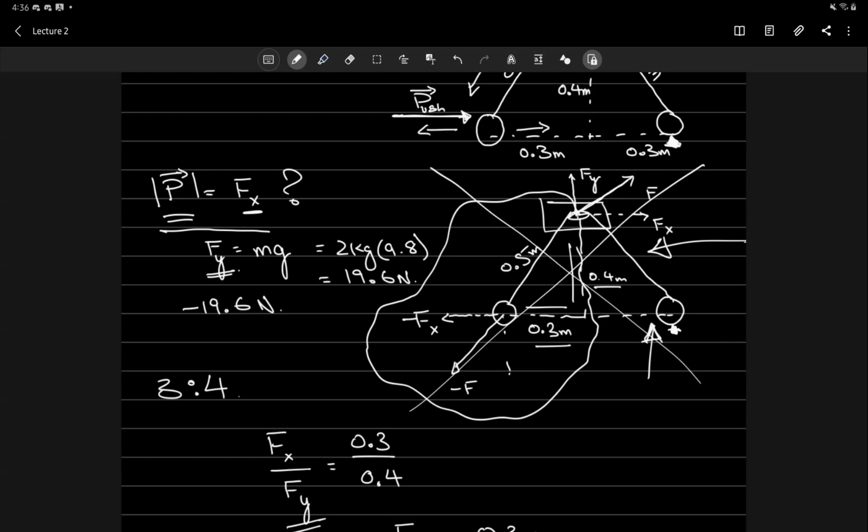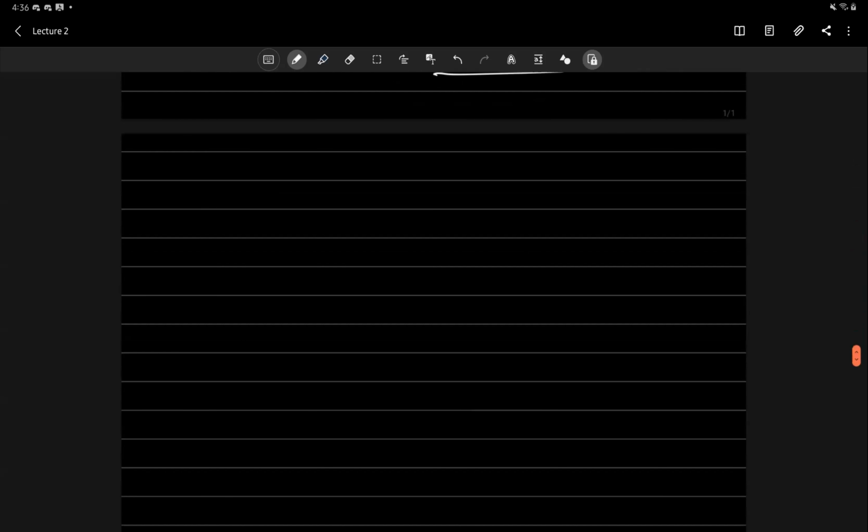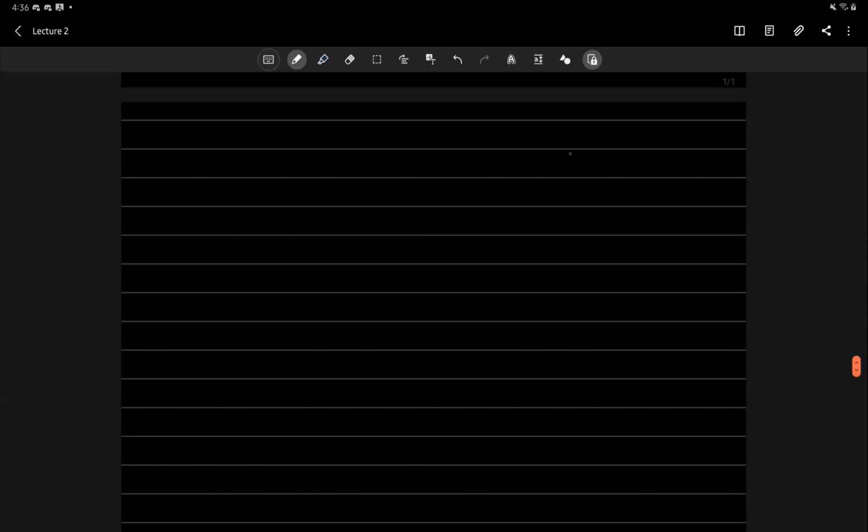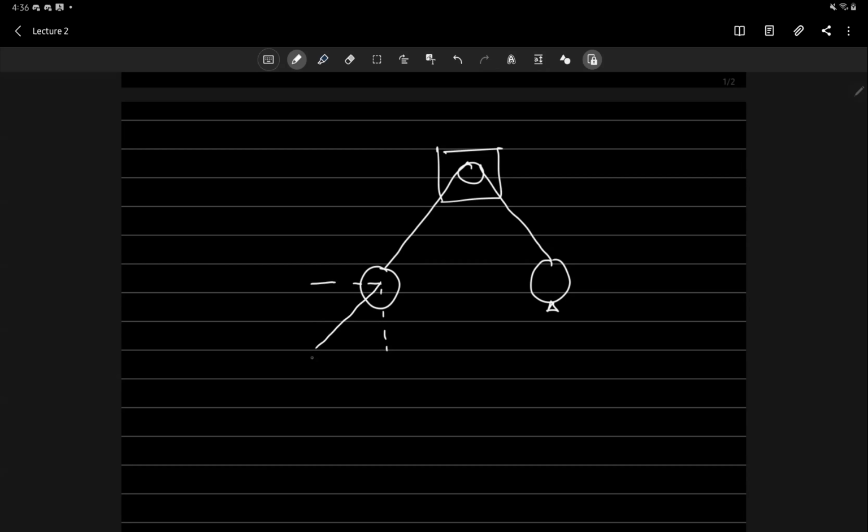Now let me actually draw this first. So again, we have this weight over here. It's attached with two rods. There is a roller that can move, and here's the roller that cannot move. And it's 2 kilograms. Well, we won't write it here; here we need to make components. So one will come from here, because the force here is negative F,